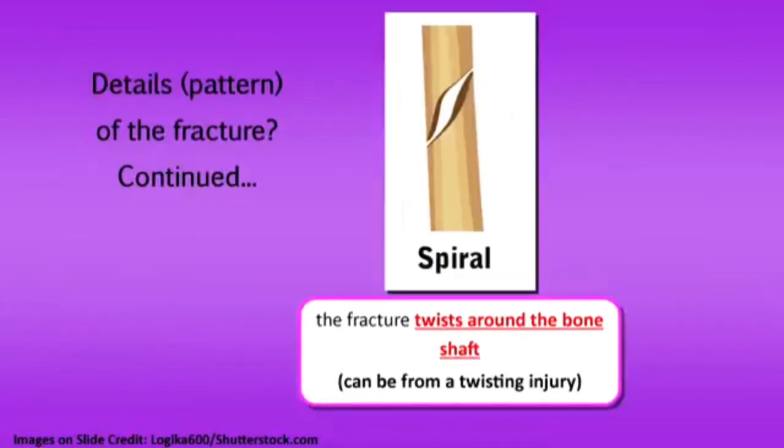And lastly, we can have a spiral fracture. And this fracture twists around the bone shaft. And this can be from one of those twisting type injuries when we talked about the causes